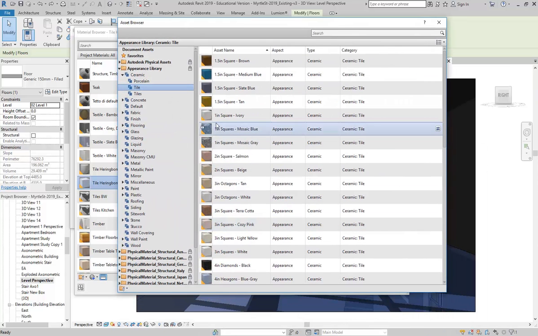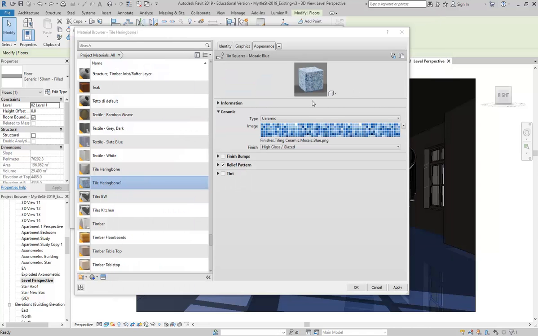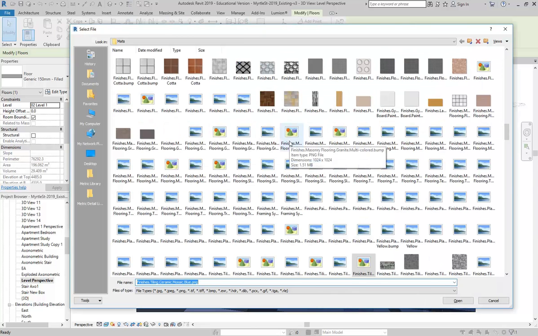I'm going to go back to the one that I started with, that mosaic blue, not because I want that particular sort of tile, but because it's got the basic setup that I want. When you start working with rendering, you're really more after the options rather than the particular look, because you can always change that to a different image. So I just want a tile set up that's using an image, and now, if you remember the different formats we looked at, if I click on that file name there,